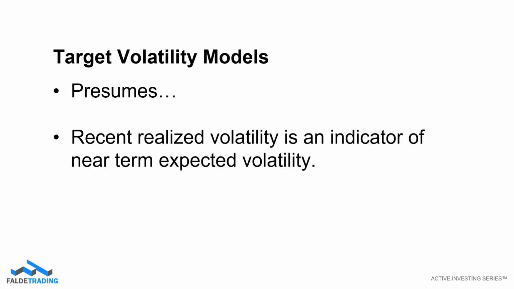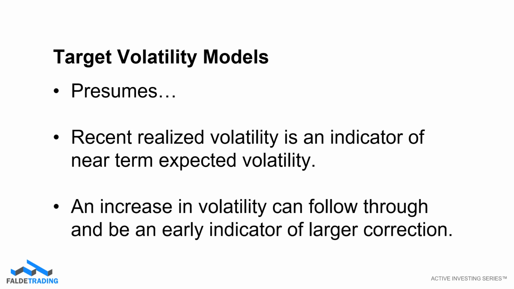So if prices are moving around more than usual, then the market is currently more risky, and you may just want to be in a smaller position. And if the market is less volatile, price is not moving up and down as much, then the market is